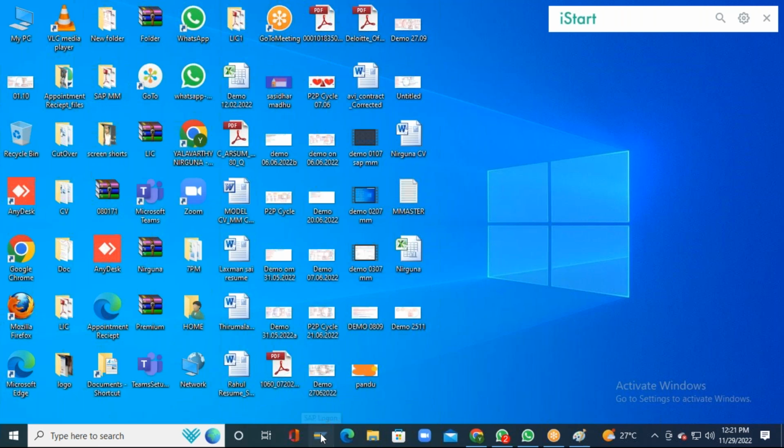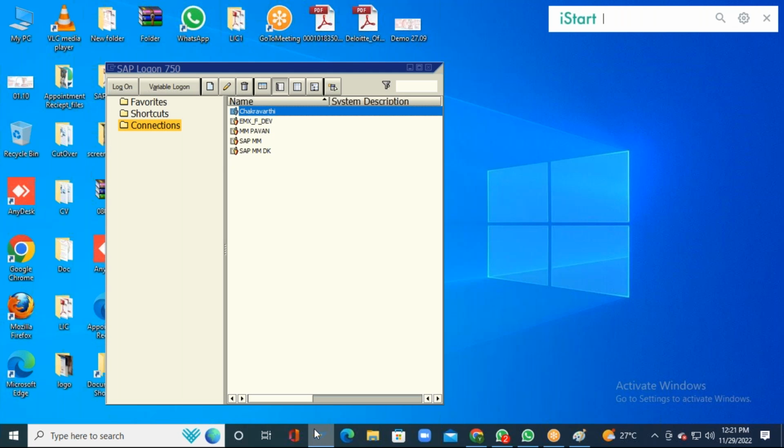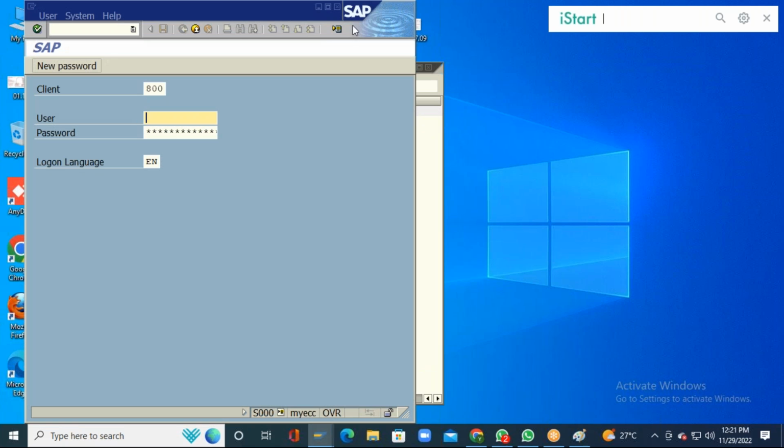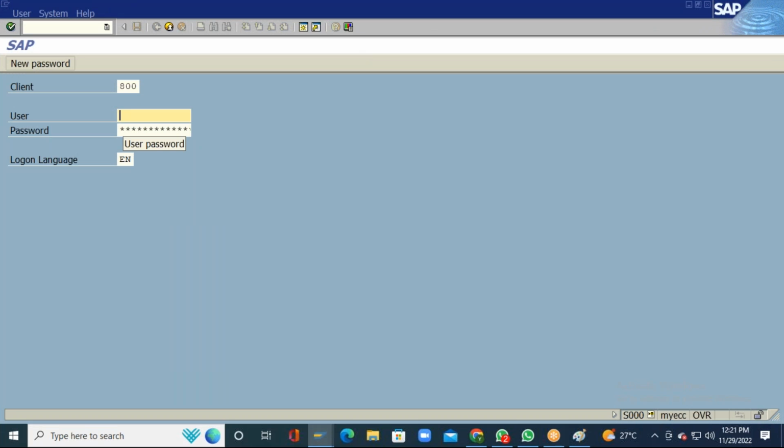So I will go to the SAP Logon. In the SAP Logon, let us say I want to log in to the SAP system, right? So if I want to log in to the SAP system, I just need to double click on it over here. But I will be able to perform the transactions only in German as a language, right? So in such cases, what I have to do, I will give the user ID over here as mm100, then password is India123,